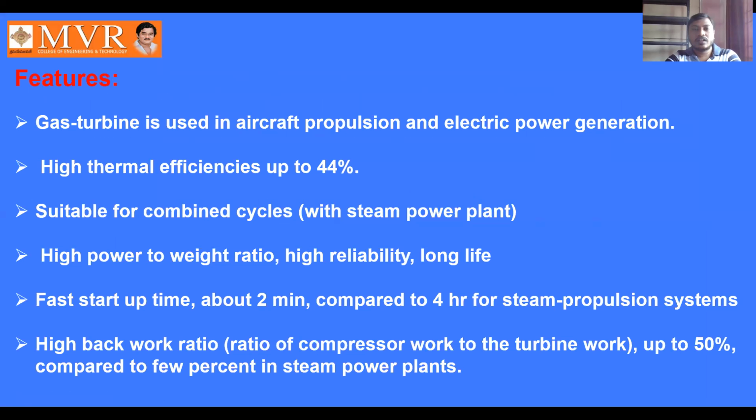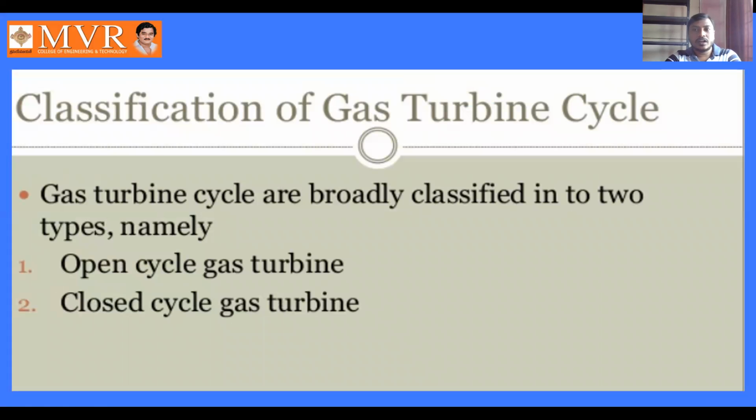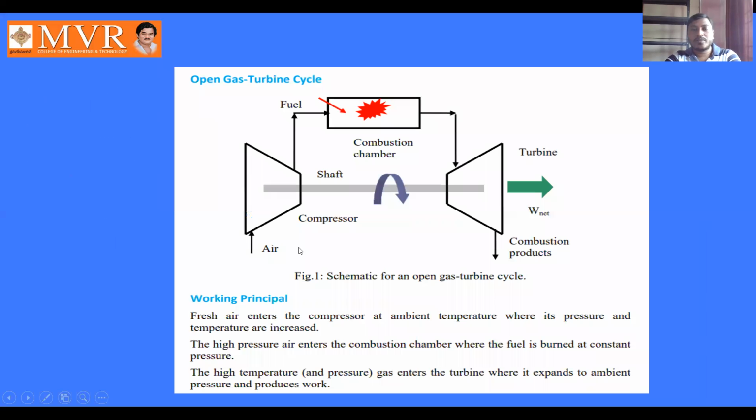See here, in this lesson we have studied the classification of gas turbines, how they are classified: the open cycle gas turbine and the closed cycle gas turbine. We have observed the diagram of the open cycle gas turbine, where air enters the compressor, where it is compressed and gets high pressure and high temperature, then goes to the combustion chamber, where fuel is added and combustion takes place, and it enters the turbine,